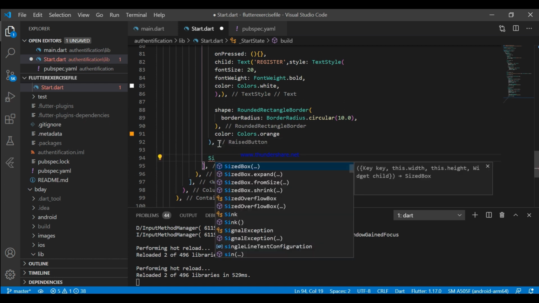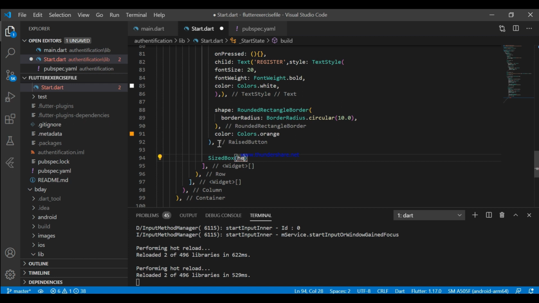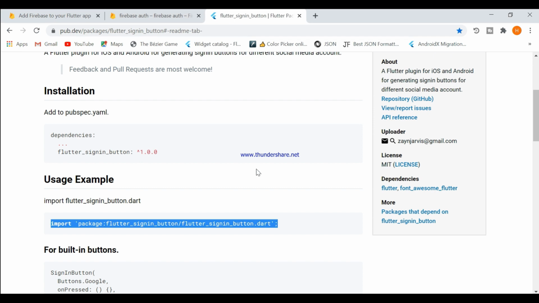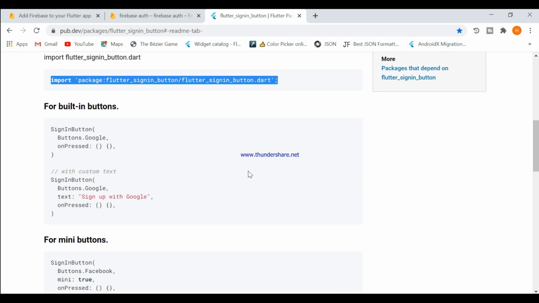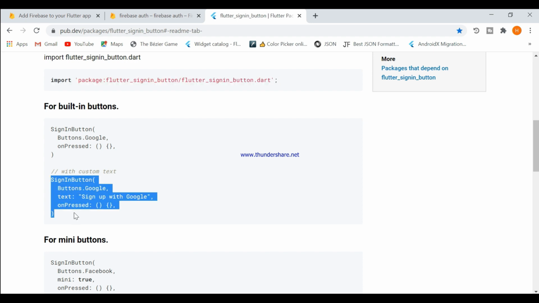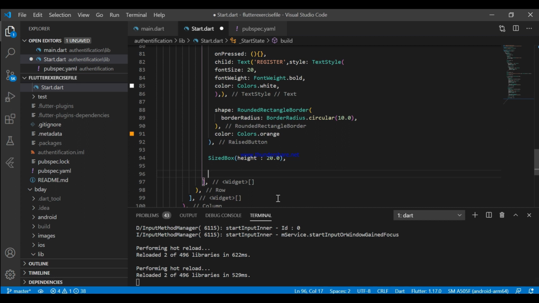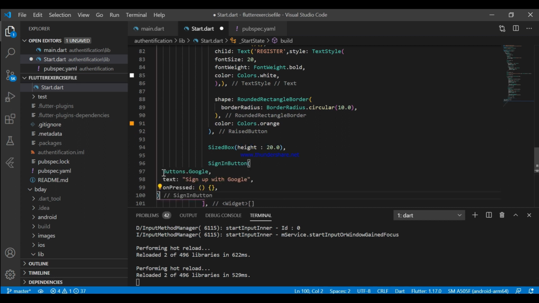So just wait, let's give a size box first, because we also need spacing from the top of the Google button. Now just copy this with custom text, sign in with Google button. Just paste this here.